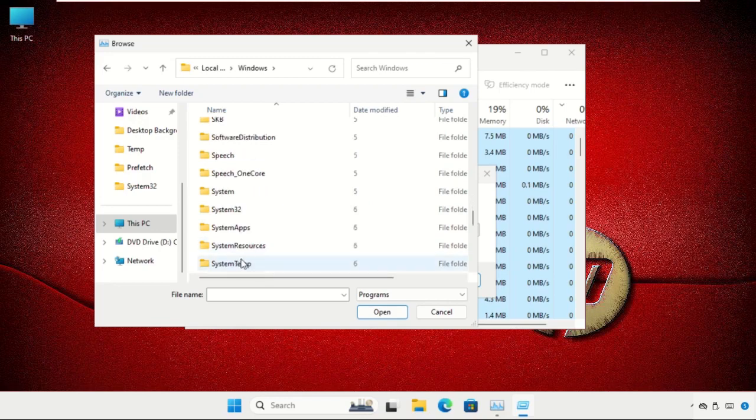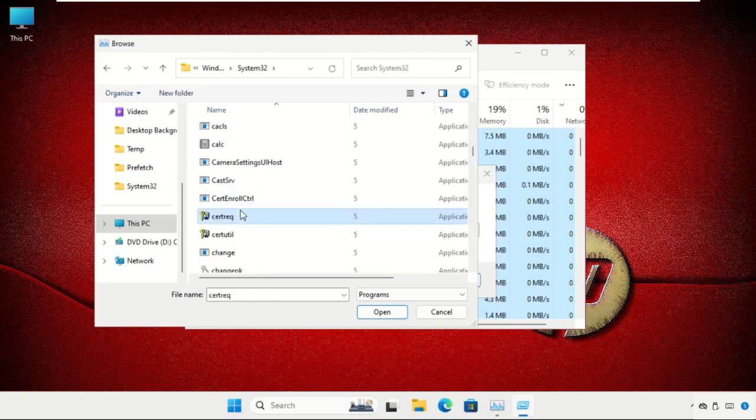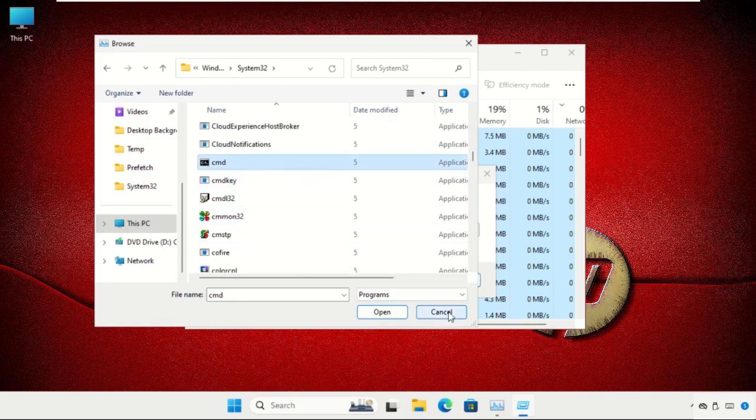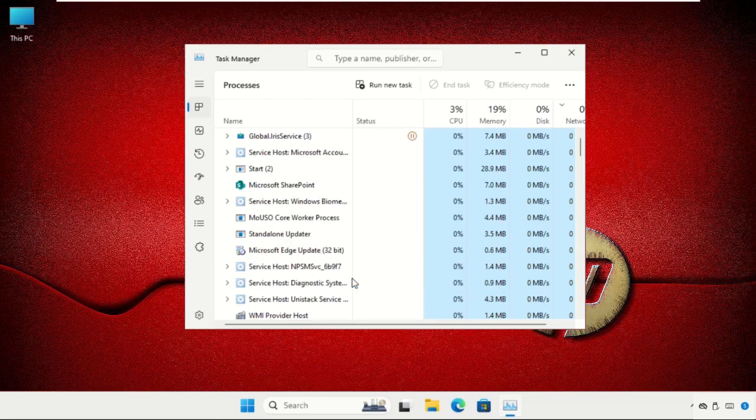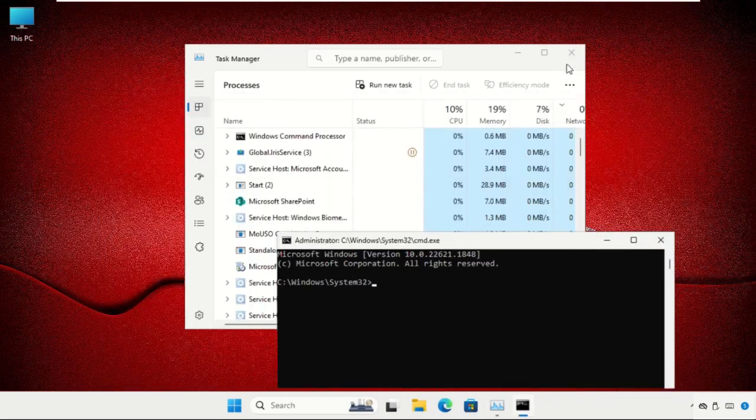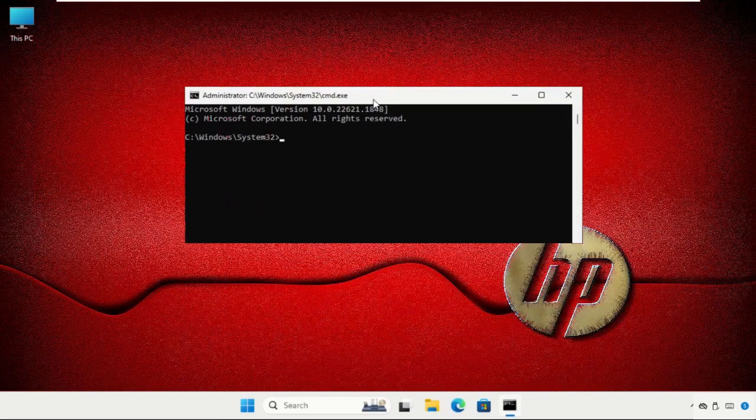So here it is. Now find the cmd.exe file, just select it and click on open. Now check this box to create this task with administrative privileges and click on OK. Once we are here, we need to execute the command, that is dism.exe